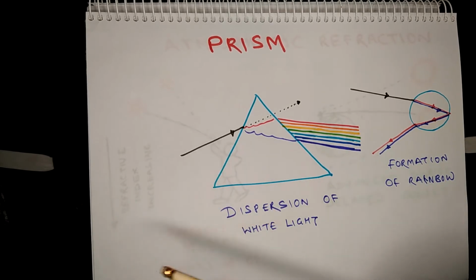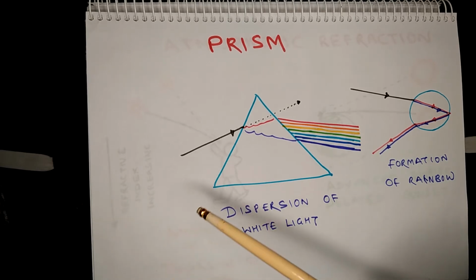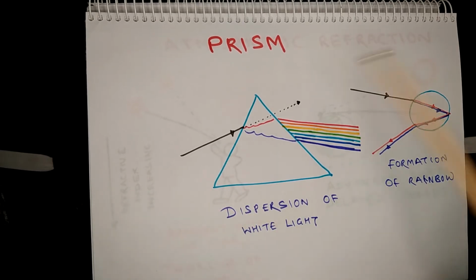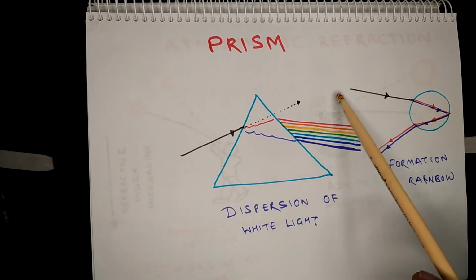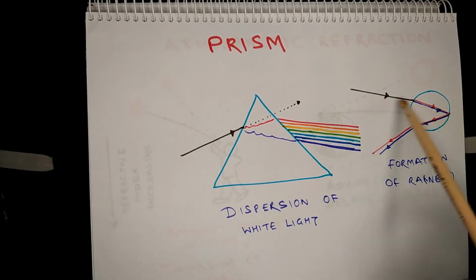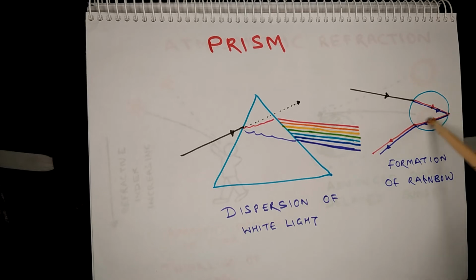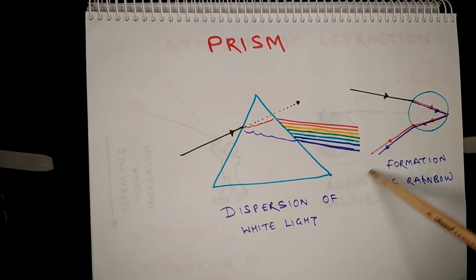One interesting and beautiful natural phenomenon which happens because of dispersion of white light is rainbow formation. The raindrops which are suspended in clouds work like prisms. When a ray of white light comes to the raindrop, it enters the raindrop and gets deflected because of refraction of light. Inside the raindrop, these rays of light experience total internal reflection and bounce back towards their original path. Once they emerge from the raindrop, they form a band of 7 colors which appears like a rainbow in the sky.